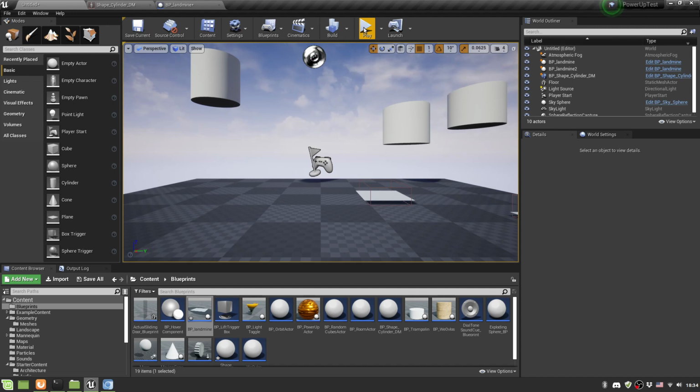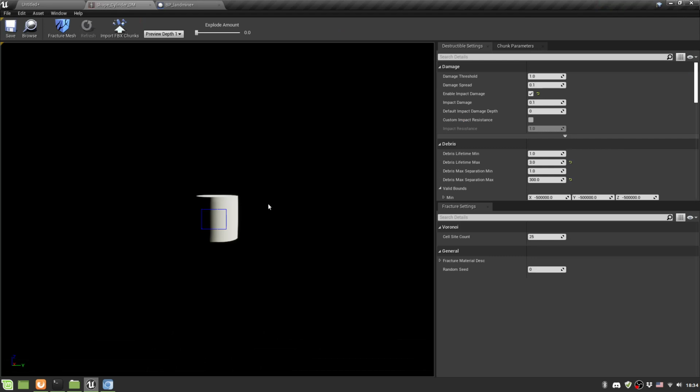Hi, this is Jorge Usabiaga, and in this video I'm going to show you how to add a sound to a destructible mesh when it fractures. It's actually pretty simple. You could do it from blueprints, but if you go into the destructible mesh editor here,